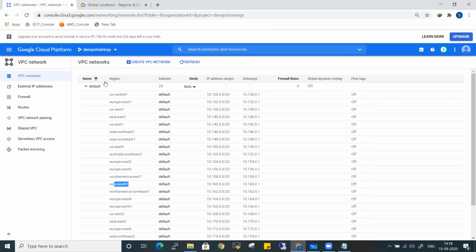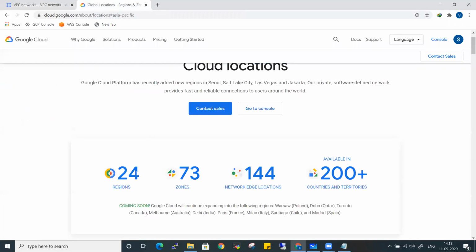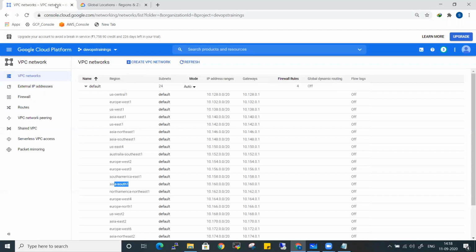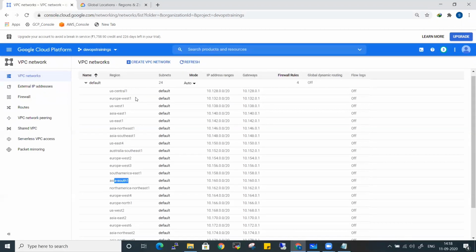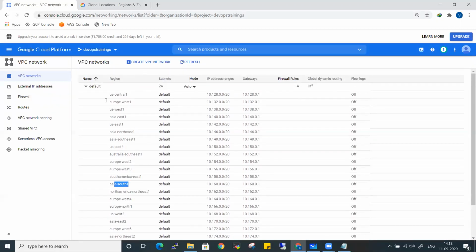For example, assume tomorrow Google creates a new region in Mumbai, and the total count goes to 25 or 26. What automatically happens is Google creates one more subnet for you here, and that gets populated over here. Okay, so that's the advantage of a default network that is initially created.